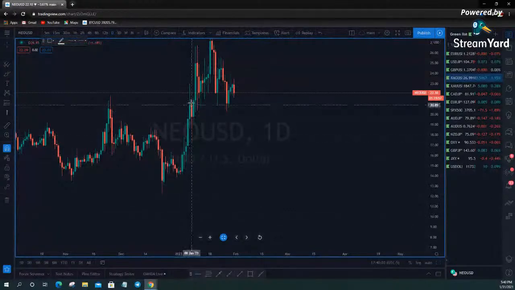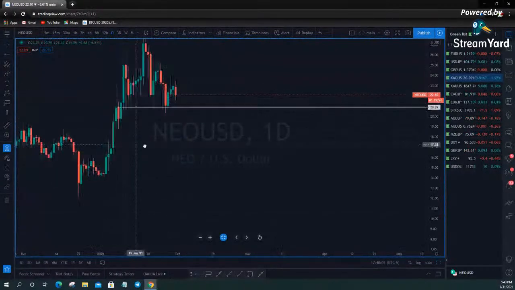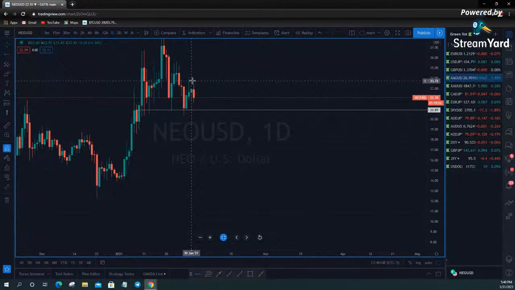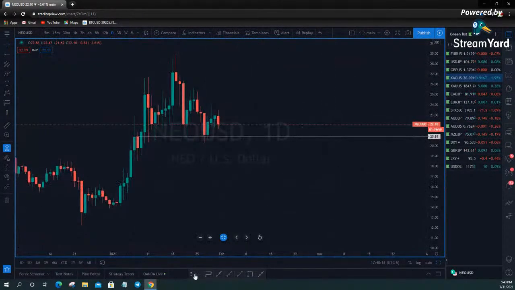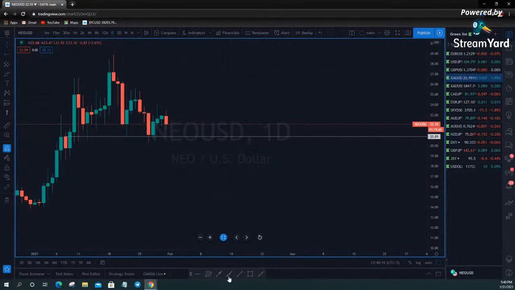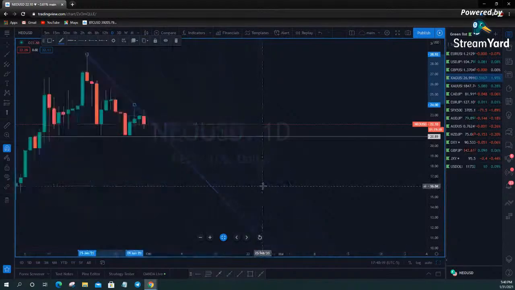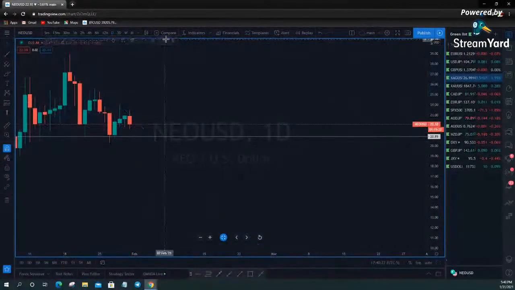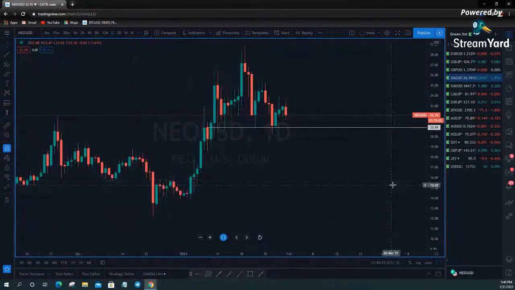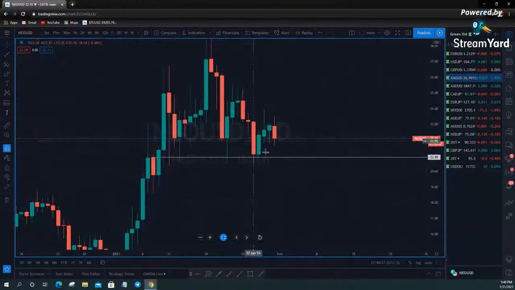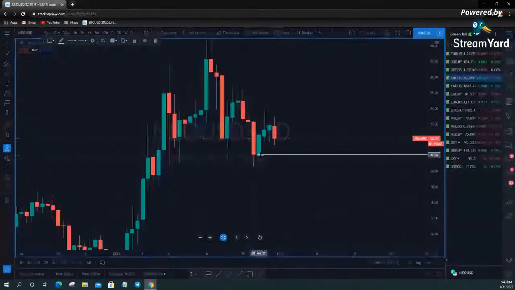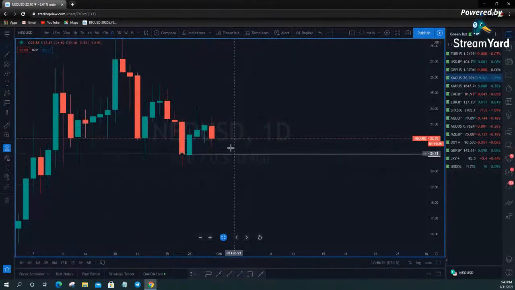So on a daily level, you've already tested this bearish candle here, but your strength is waning, meaning you are making lower highs, which is not really that great. It's not that bad either, because it could just be making like a bull flag or something. That trend line, I don't like it. So basically, what I would say on Neo USD is wait to see if it holds this area as support. You don't have to use this candle, this body here. You can simply use this market structure swing low down here, because if price trades into this area, you're going to be right up into that candle's face.